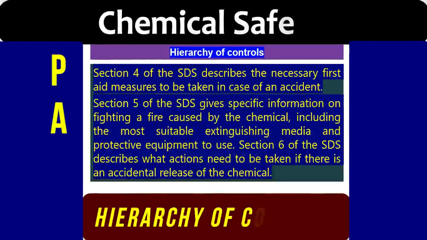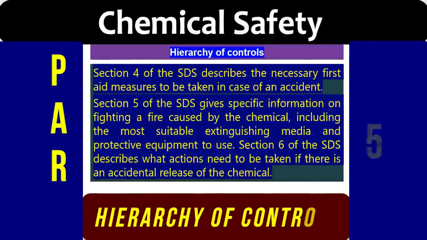Section 4 of the SDS safety data sheet describes the necessary first aid measures to be taken in case of an accident or incident. Section 5 of the SDS safety data sheet gives specific information on fighting a fire caused by the chemical, including the most suitable extinguishing media and protective equipment to use. Section 6 of the SDS safety data sheet describes what actions need to be taken if there is an accidental